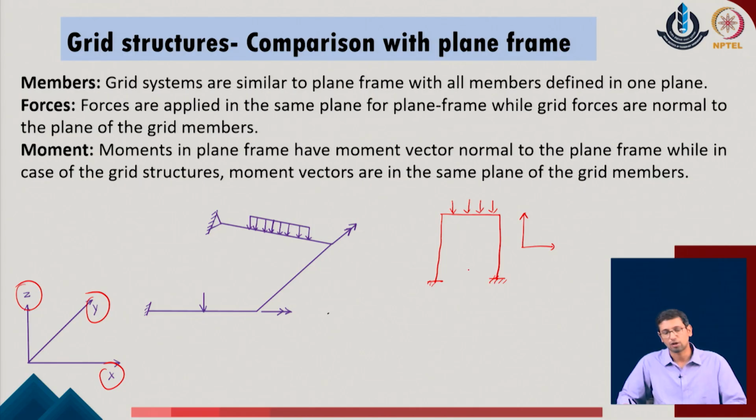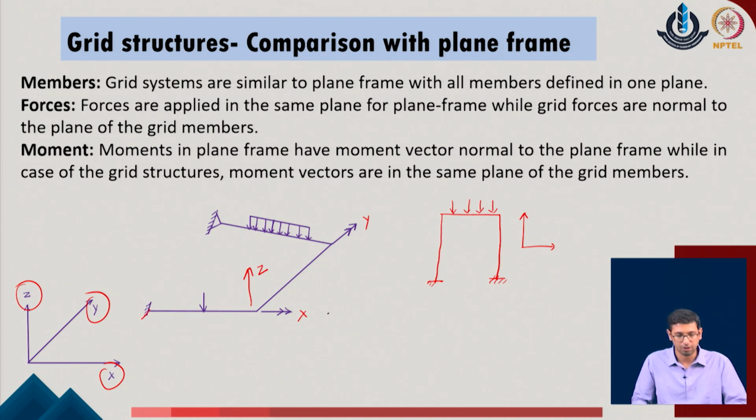At the same time, when I now come up with the grid as a structure, we consider it like this. This is a member which is now located in the xy plane. You can consider that this is the direction along x, this is the direction along y, and normal to the given plane is the z of the given system. If the visualization is not very clear over here, I will just try to draw it in a manner such that the 3D representation can be thought about.